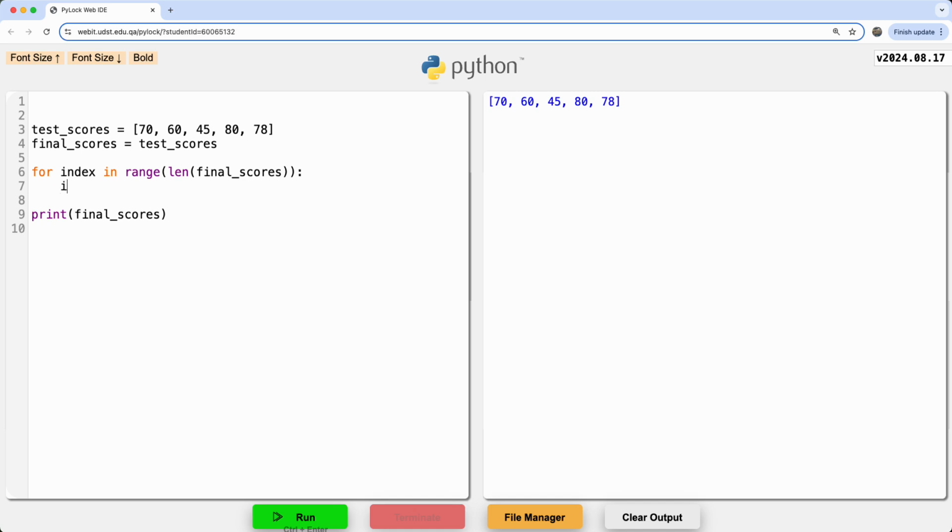All right, here's what I'm going to do. I'm going to say if final scores at index is less than 60, I'm going to change it to say final scores at index is exactly equal to 60. Okay, so that's the super one that everybody wants. Okay, is it clear what I'm doing here? Okay, we have to check it, and we have to find out, does it work? Okay, so did it work? Did it fix all those bad scores? Excellent. My real question becomes,